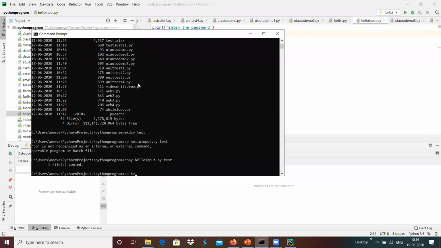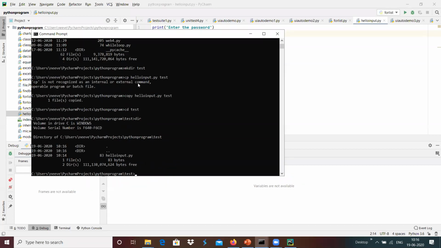Now we have the file hello input.py inside this test folder.